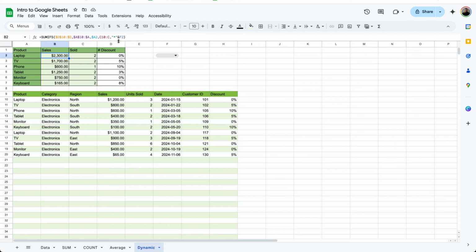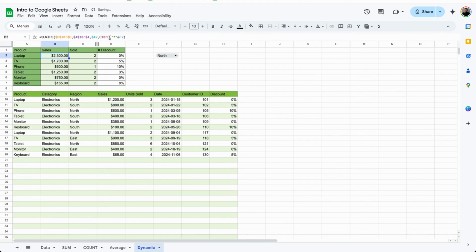So what the ampersand is doing is joining the contents of this asterisk with whatever is selected in the dropdown. Since nothing is selected, the wildcard is saying to include all values. But if something was selected, for example, north, this would be the same exact thing as saying asterisk north. Remember, we need to have this in quotes. Let me know if you want a full video on wildcards, but in this case, take my word for it,